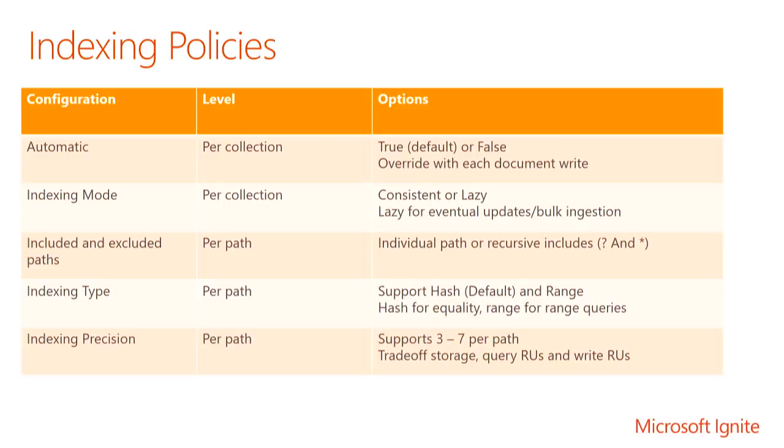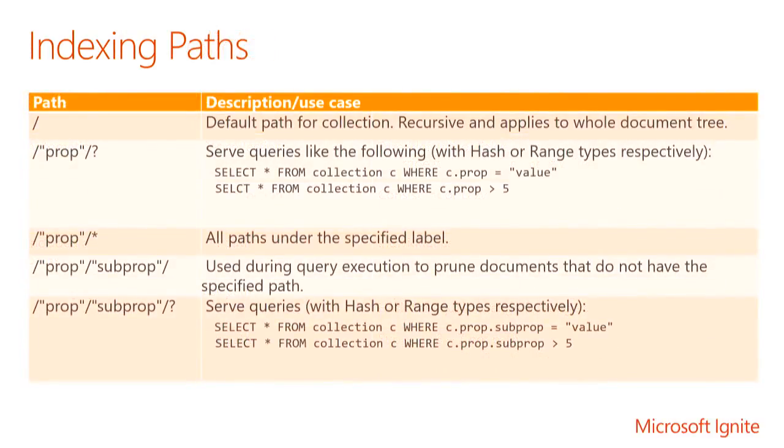You can actually configure what paths get indexed. So when you think about that tree, it's not just defining which individual property in that document, but you can do things like broadly on a path. We have some operators: if I have a document that has a property, let's say it has a bunch of properties underneath it, you can include a wildcard in the path to automatically index everything on that. And even a pattern for this, if you don't want to ever touch your index policy ever again, is you can create indexed properties, unindexed properties, and then do a wildcard on the include for the